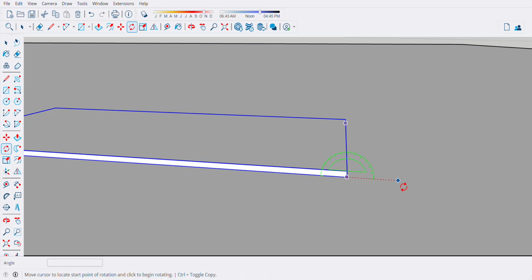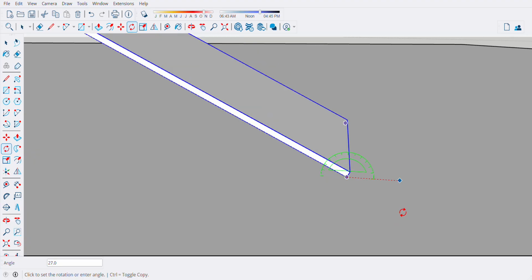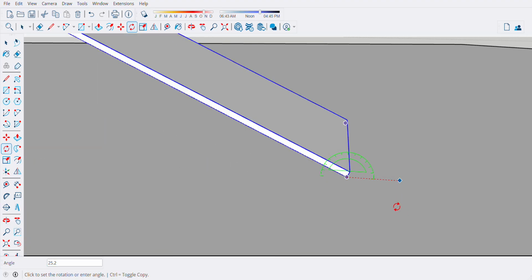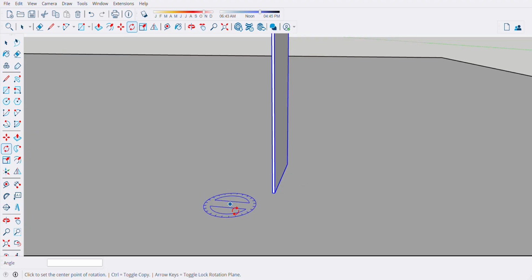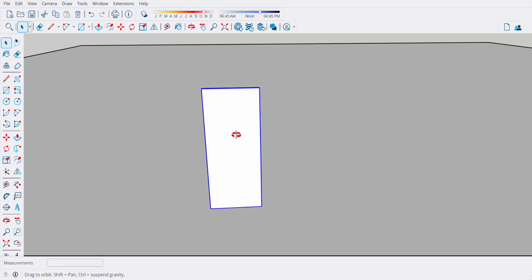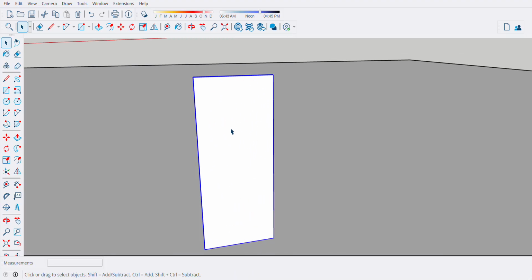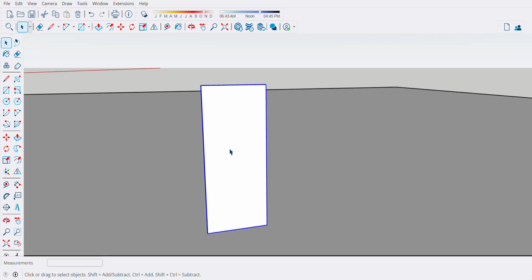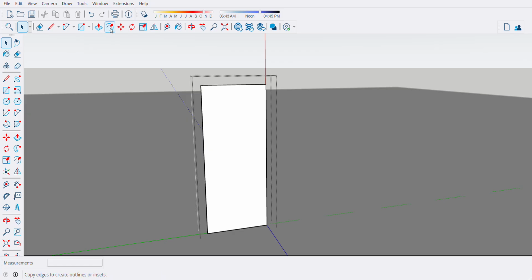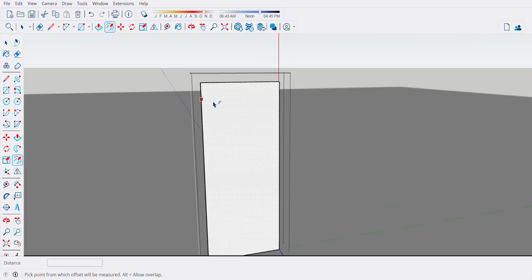Make sure that your axis is locked, so your rotation angle will be 90. So we are here. From here, go inside. We'll be making